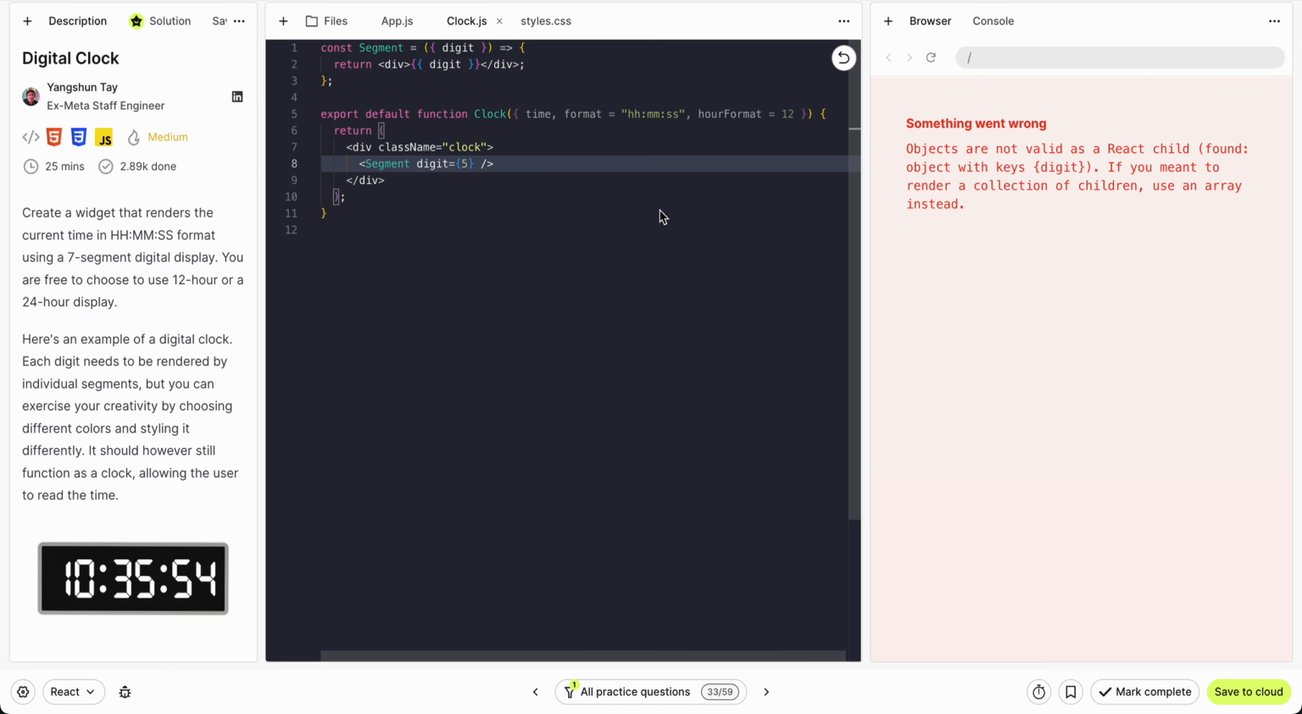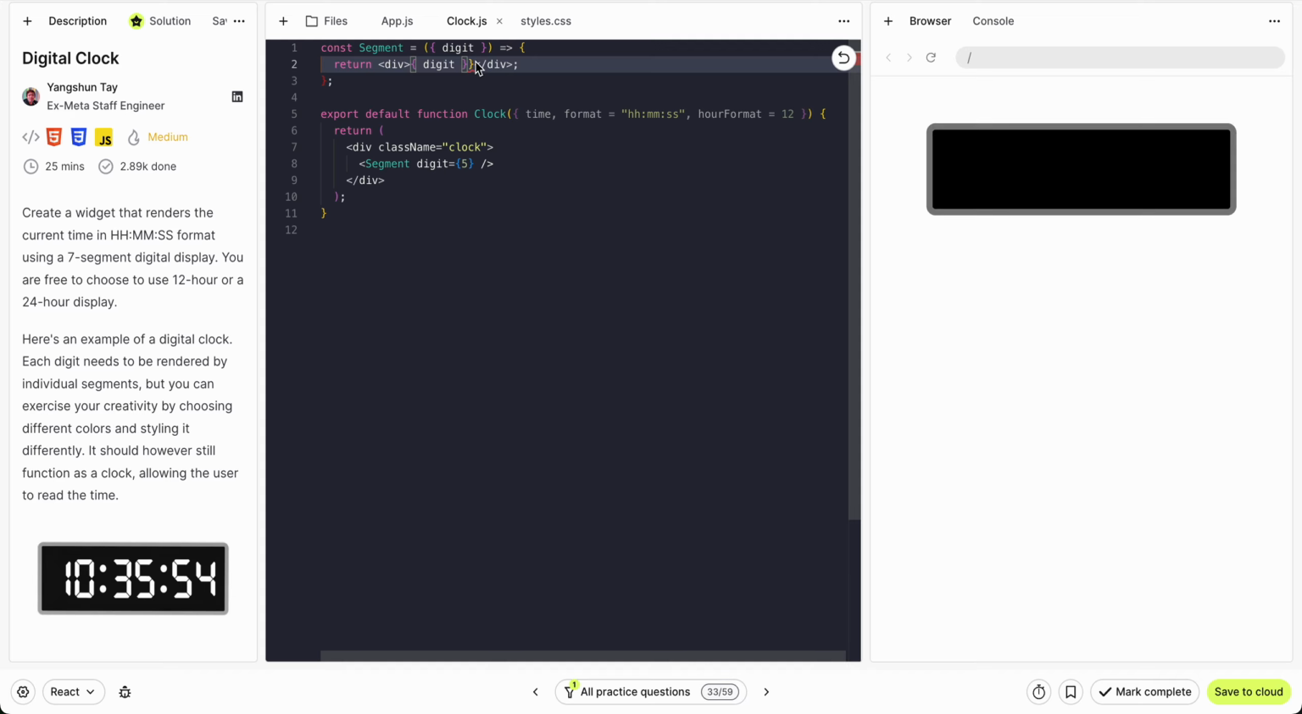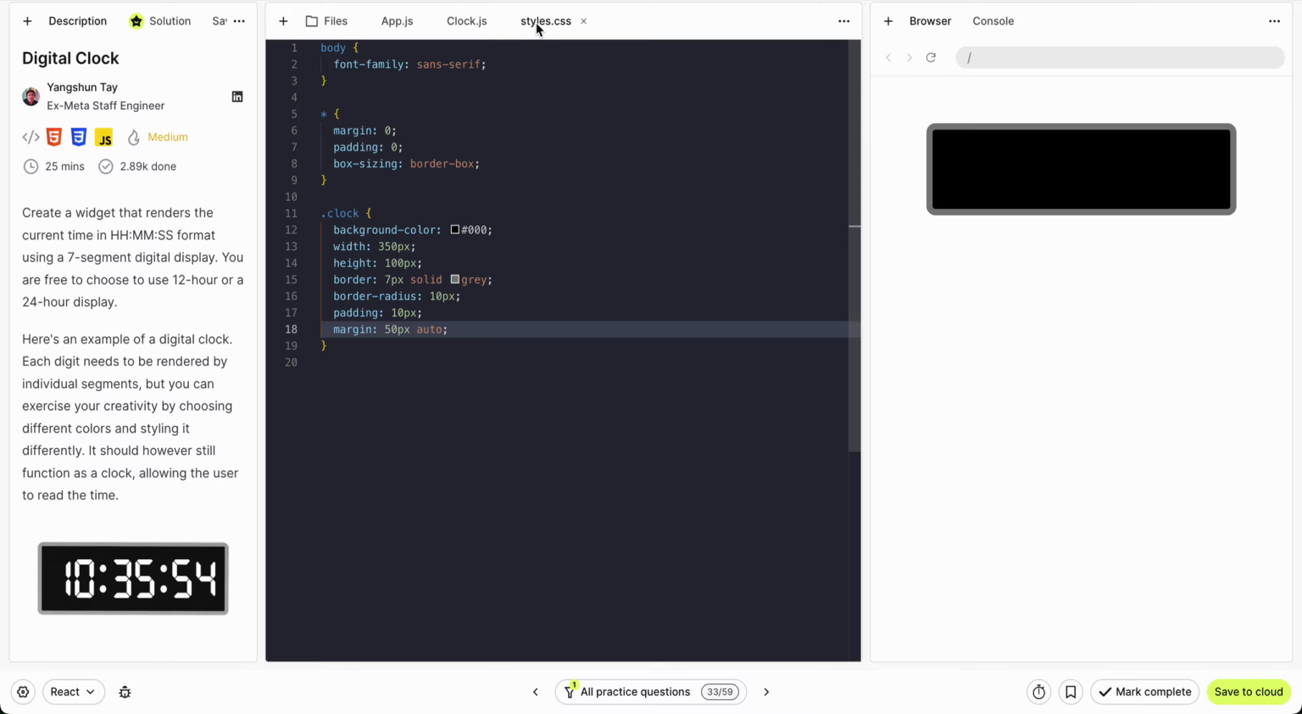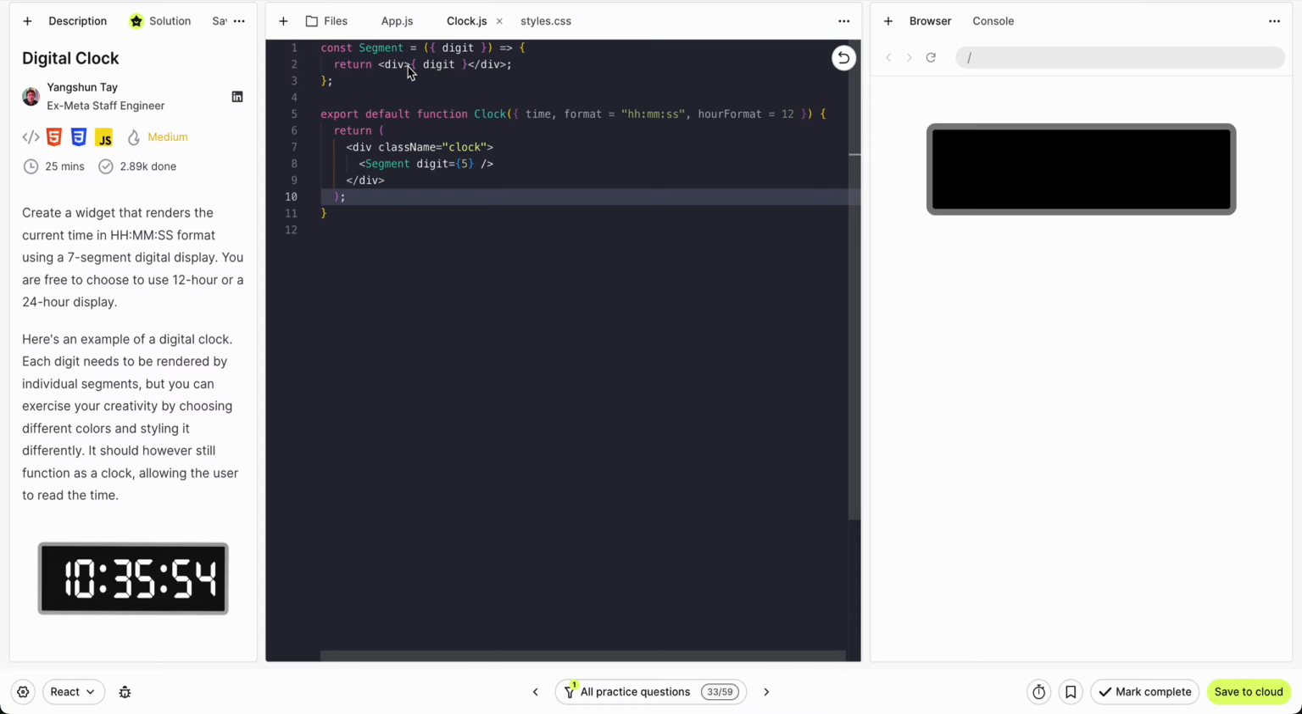Segment, React child, it key this, it's not use array instead. Oh, sorry, I made a mistake here. So I need the design here, style, class name,